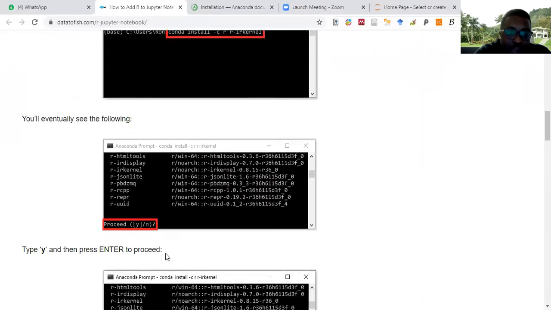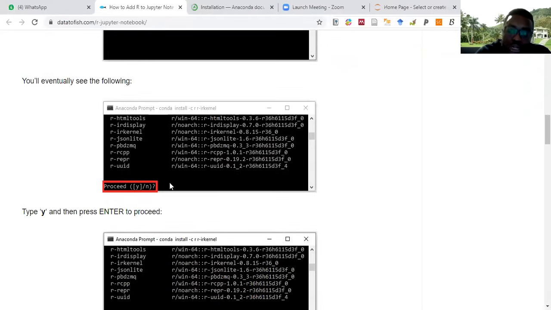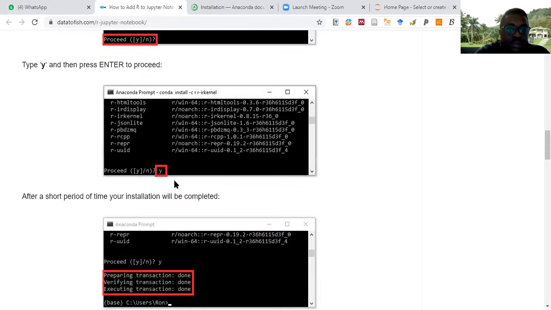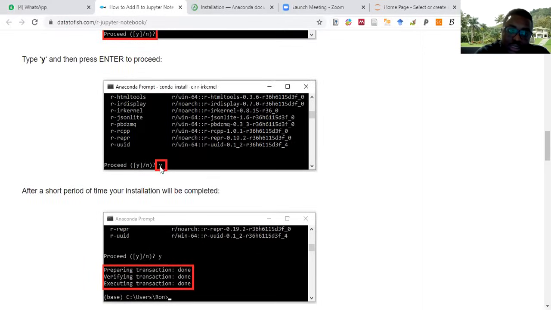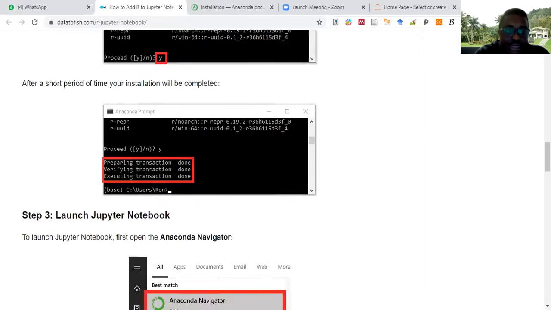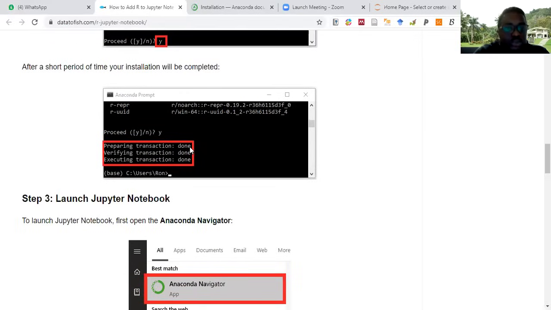So you have to click Y. Once you click Y, you press enter. Always when you type something in the prompt, you press enter for it to run. So it will ask you to proceed, and then you just type Y and press enter. That's exactly what it's doing here. You type the Y, then you press enter. Then afterwards, you are done. Once you get to the base directory,